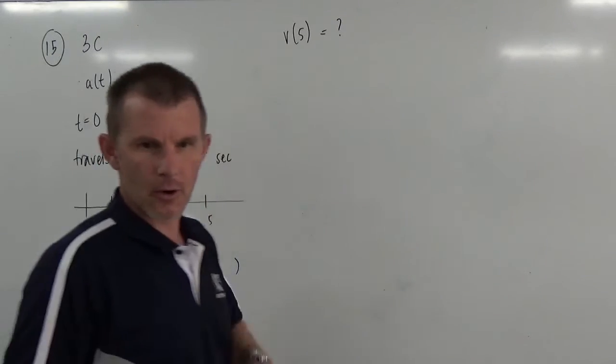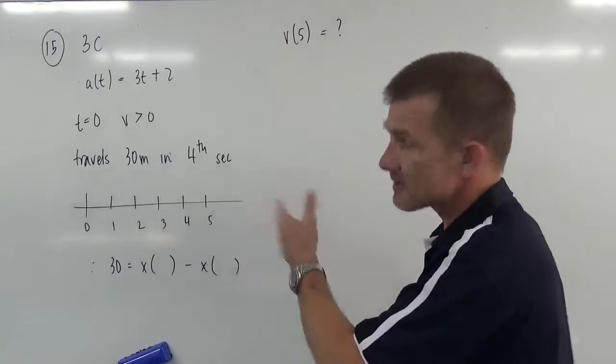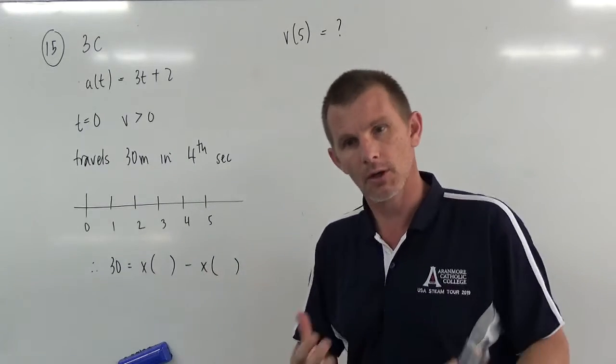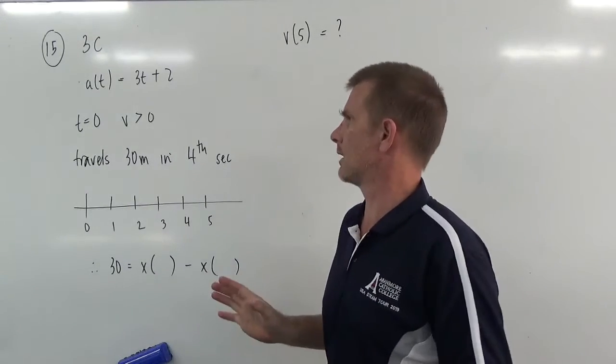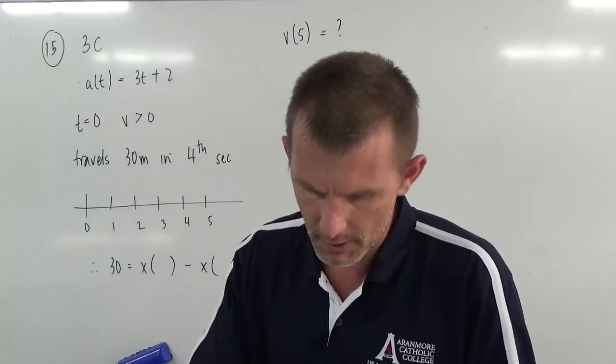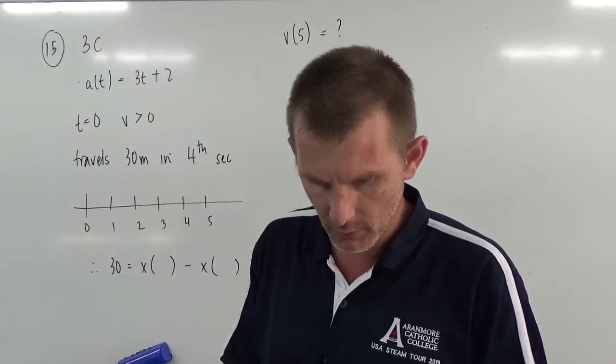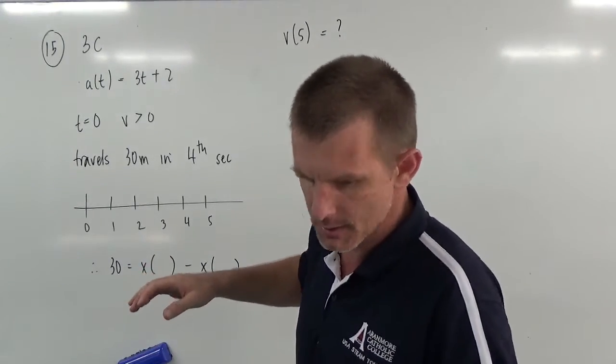Okay, back again. Another question out of 3C. This is number 15, the last one in the exercise, and it really makes you think, this one. Great question, very good exam style question. It says a particle travels in a straight line, rectilinear motion, with an acceleration at a time t seconds equal